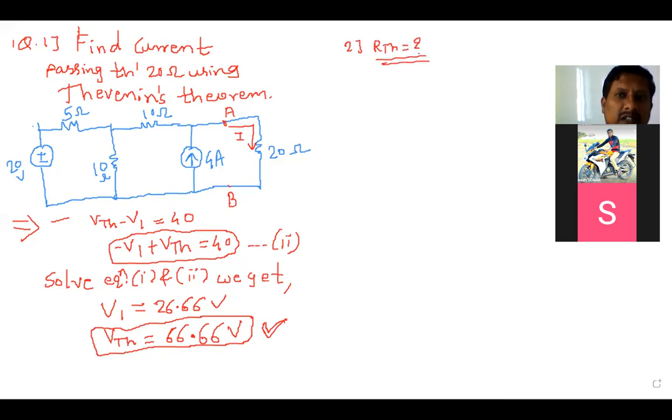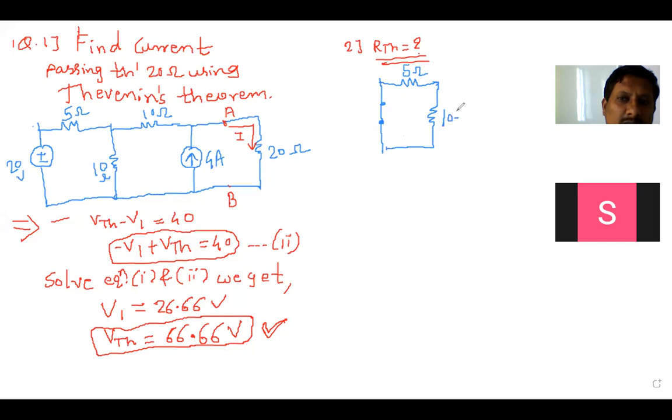Okay, for that purpose, I will draw the diagram. So while finding out RTH, what do we do with the voltage source? Recall the equivalent resistance. When finding the equivalent resistance, what do we do with the voltage source, short or open? Have you forgotten? Did you forget equivalent resistance? So while finding out equivalent resistance, if an ideal voltage source is there, we make it short. This is 5 ohm as it is.